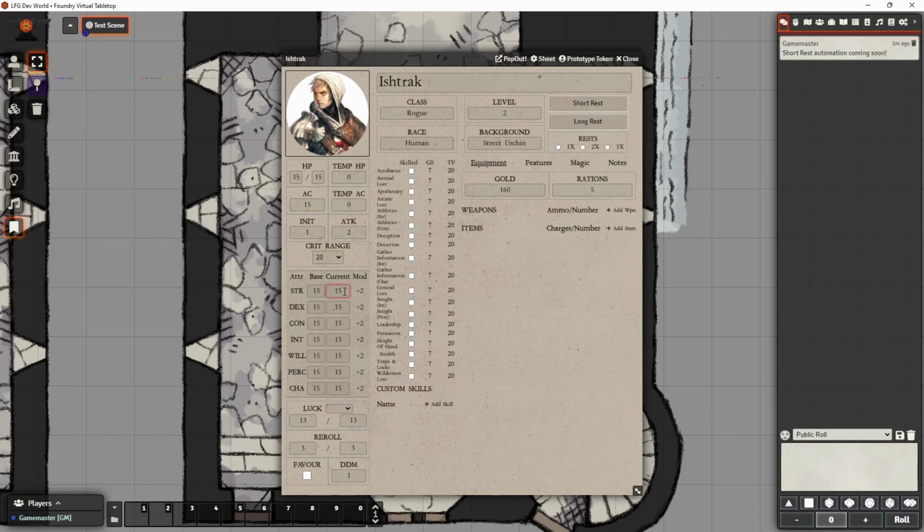That's where the current comes in. You'll see that I can change the base to anything, and it's not affecting the modifier. If I go over to current, that's when your modifier is going to be automatically updated. That is for easy switching back and forth of any sort of debuffs, any sort of buffs from spells, those things. And the current